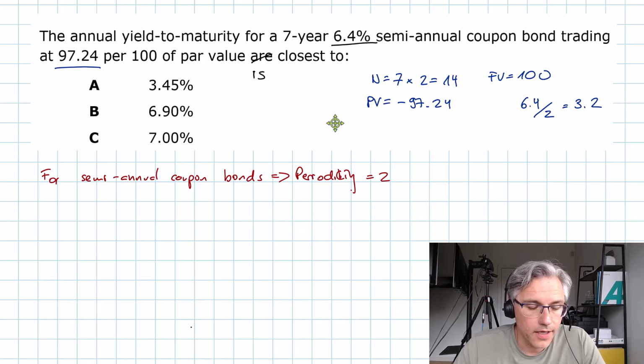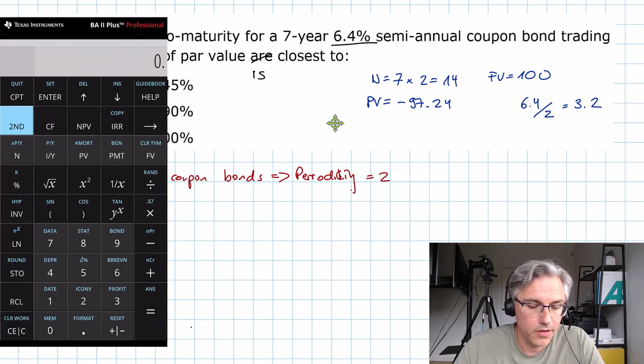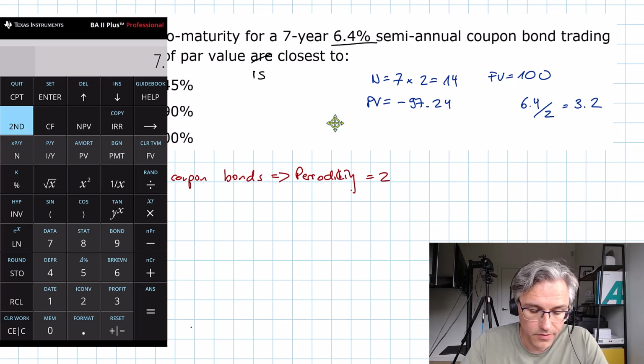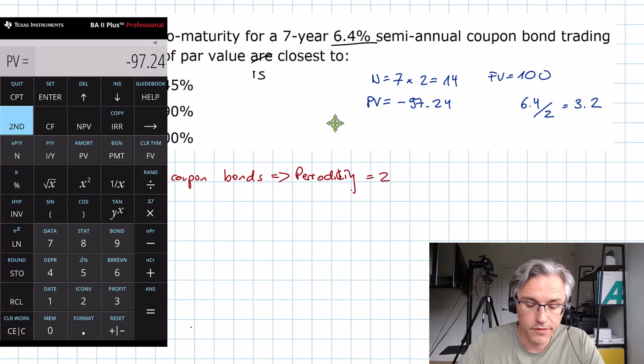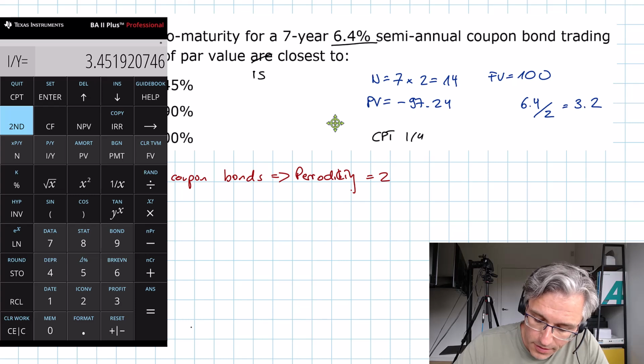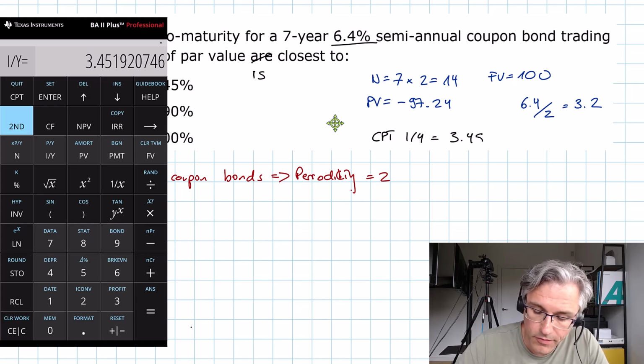So let's take the calculator, do second followed by FV to clear the time value of money worksheet first. And now let's do these inputs. 7 times 2, 14, that's going to be my N. Then 97.24 plus minus key to make it negative, that's the input for PV. 100 is my FV, and I've got 6.4 divided by 2, 3.2, that's my PMT input. Compute I over Y. So CPT I over Y, the calculator returns an answer of 3.45,